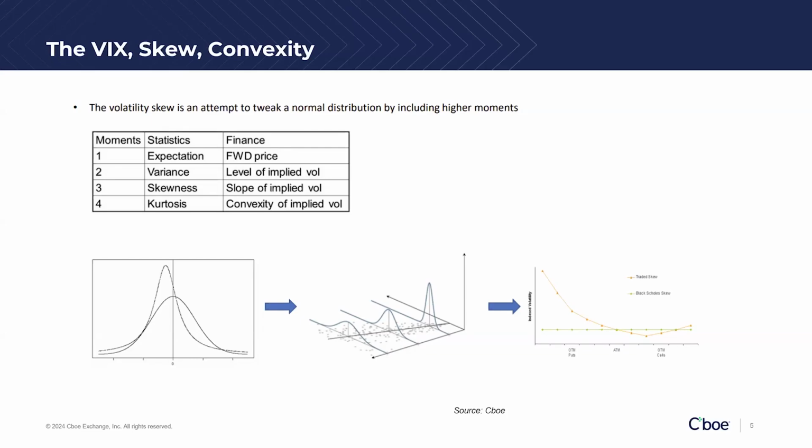And then we layer upon that the demand for puts versus calls on behalf of portfolio managers as they hedge risk in their portfolios, call that skew. And finally, the third component is the premium that traders charge in anticipation of tail risks, which we call either kurtosis or convexity.